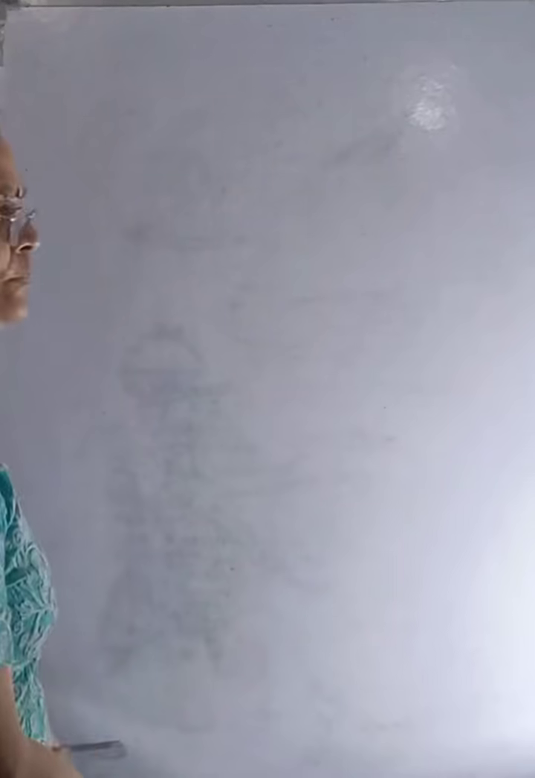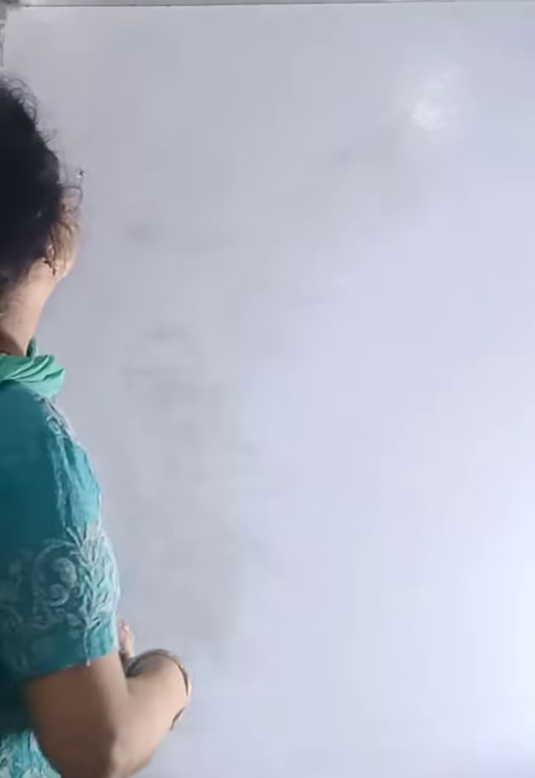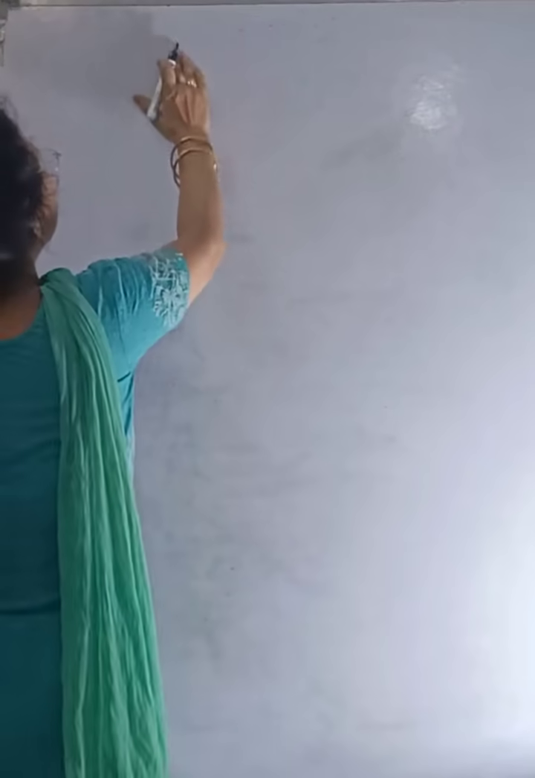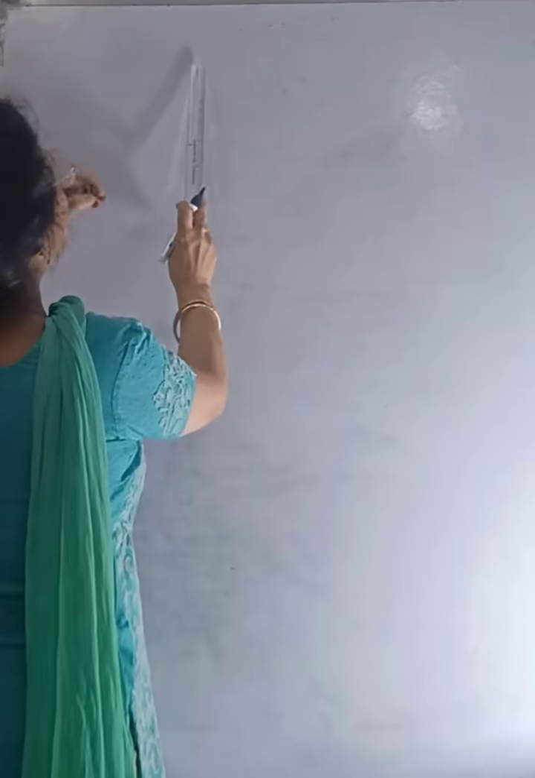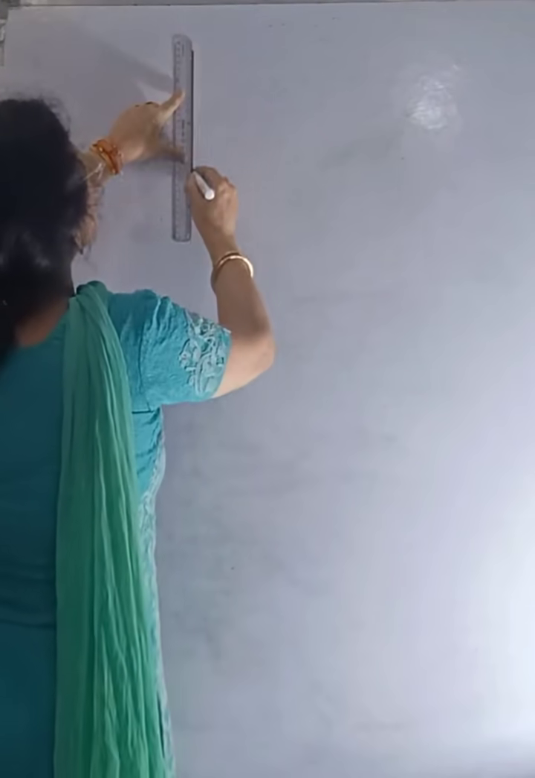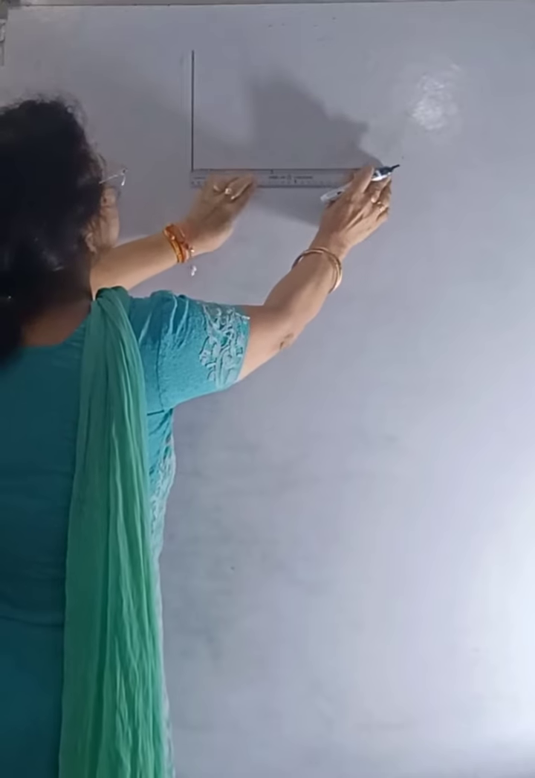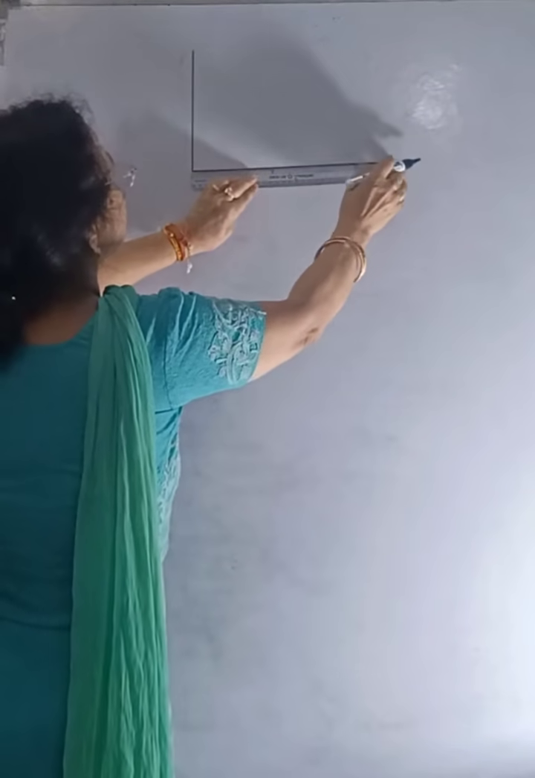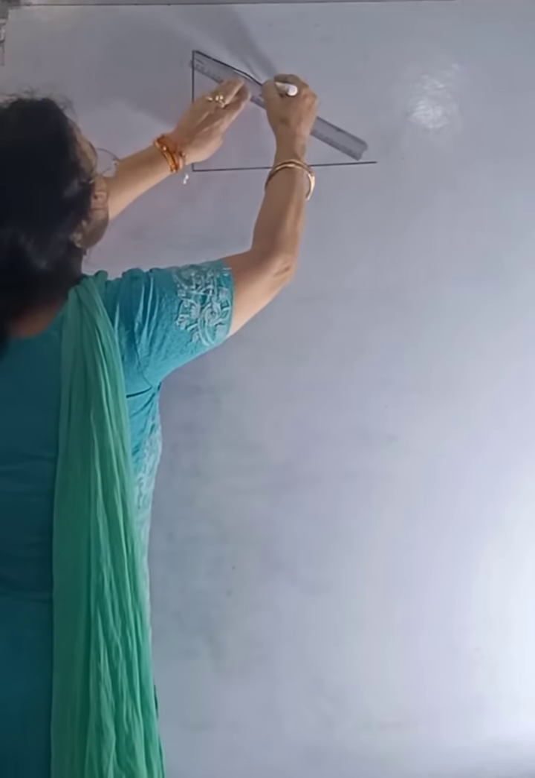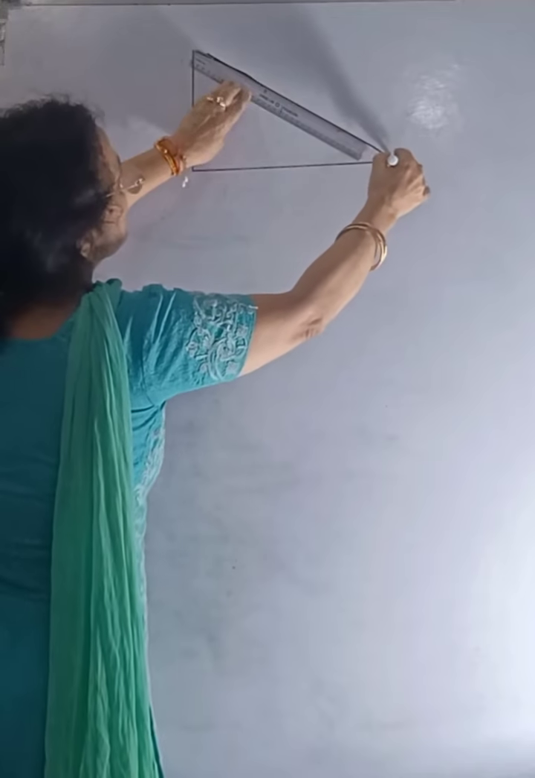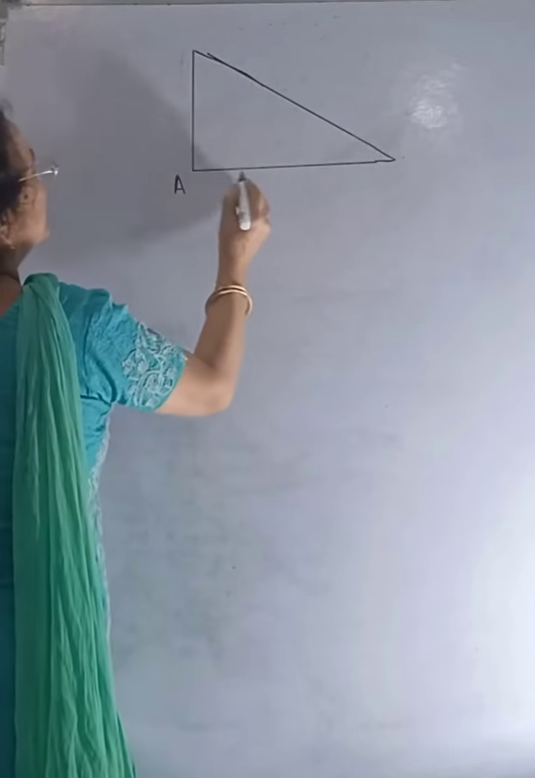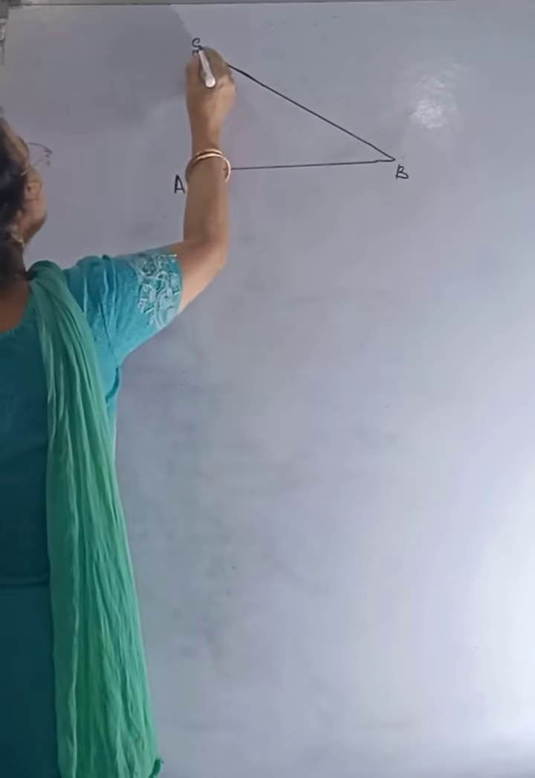Hello children, I am here with a question that is related to a triangle. For different types of competitions, here we have a triangle. This is a triangle ABC. This is a triangle, okay? ABC. A, B, C. Such that